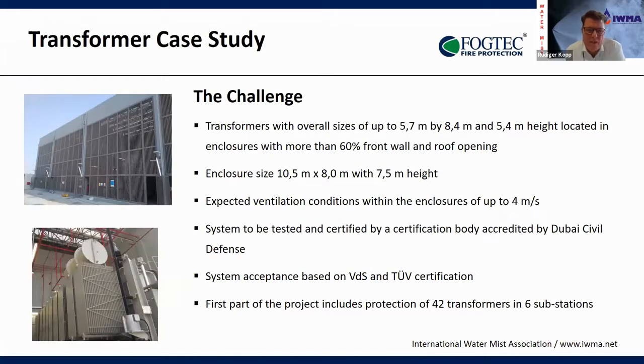Now, the challenge in this project has been that they had a number of transformers of a size which was covered by previous approvals, for example, by BDS, but a number of these transformers were quite large. For these large transformers, there were no approvals or design parameters available. So again here, based on the standards, specific fire test protocols had to be developed with the client for transformer